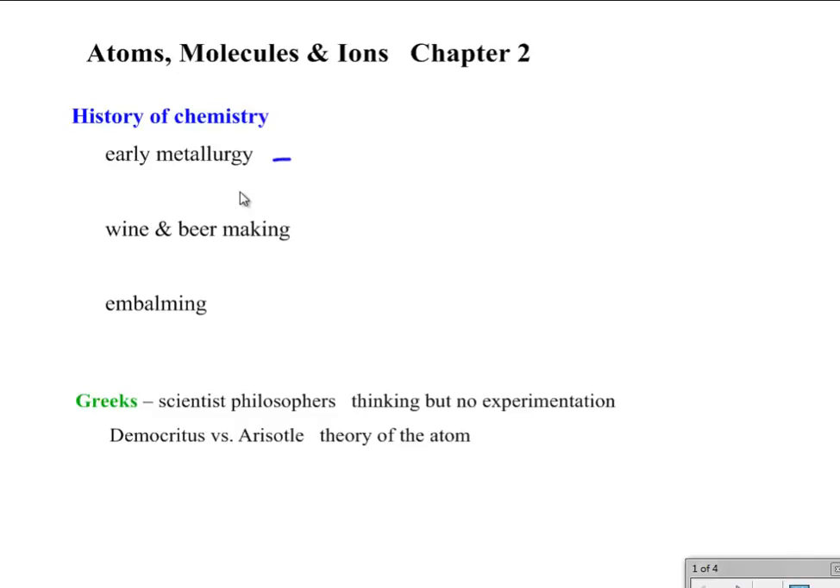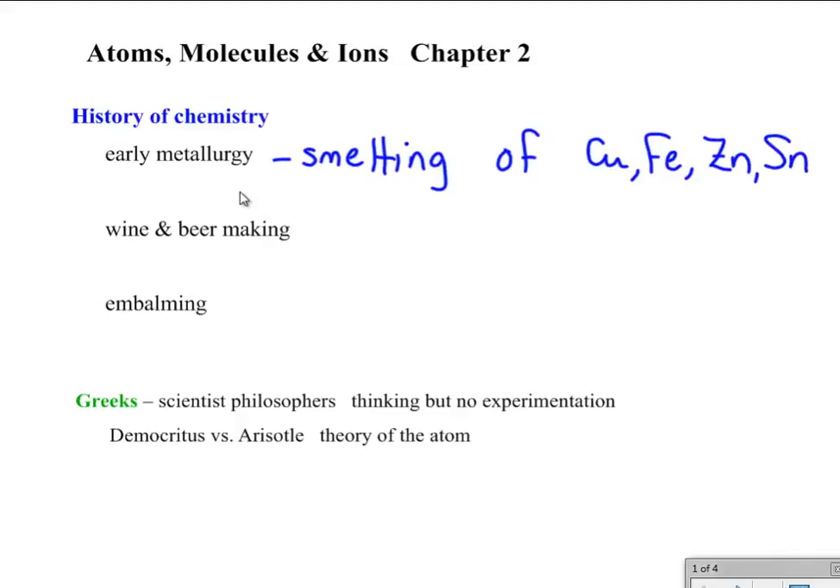Chapter 2 is primarily about the history of chemistry and also looking at molecules and ions and their naming. History, first of all, we're looking at the earliest examples of chemistry, and the earliest examples back in the Iron Age would be smelting of iron, of copper, of zinc, and tin, and extracting it from the earth. Generally, these were pure metals, and not much has to be done except to purify them and get out of